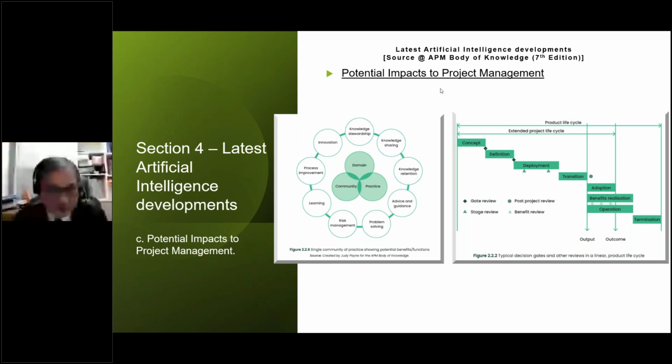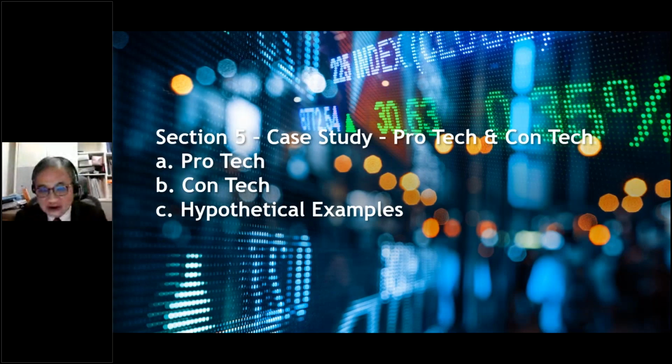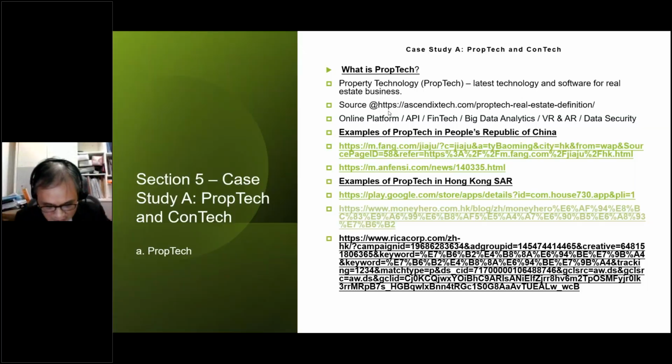And so we will go to the last part, which is a case study on proptech and construction technology.